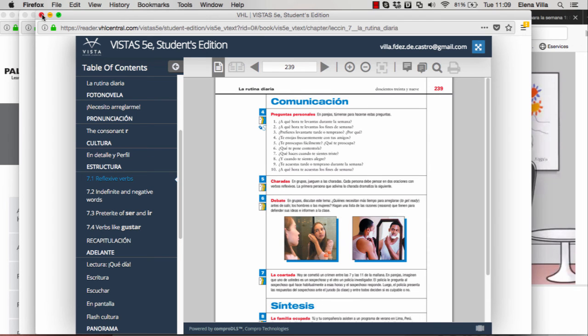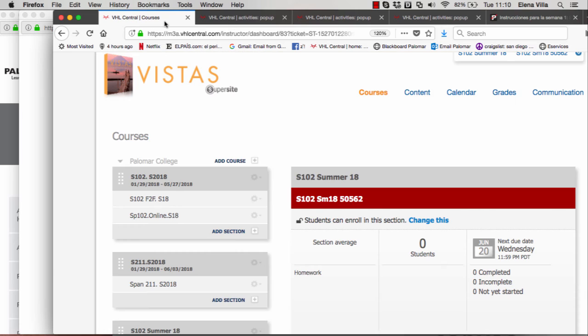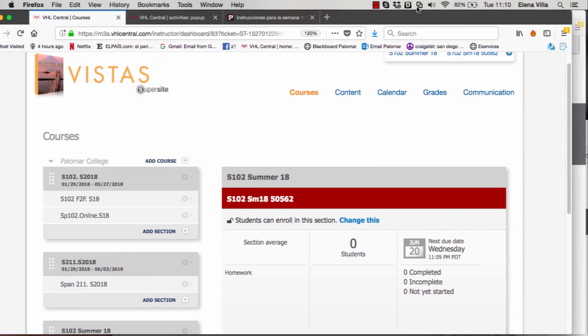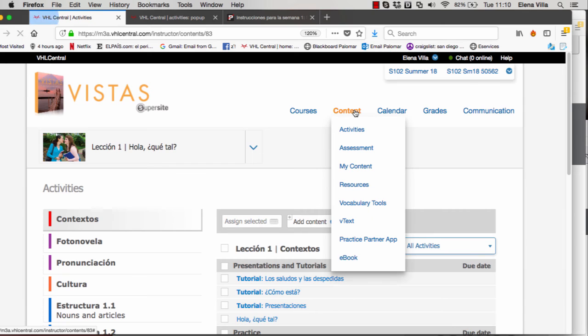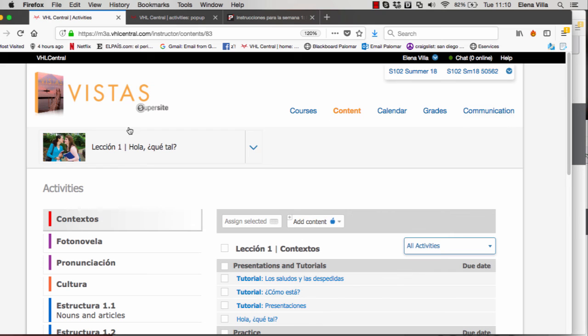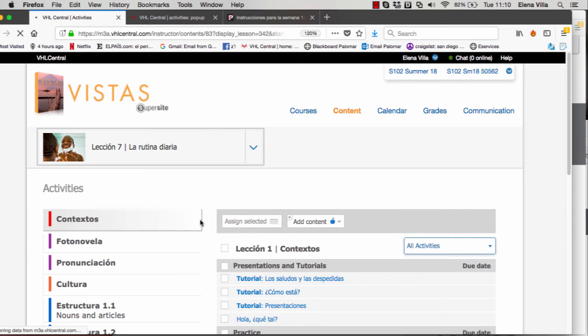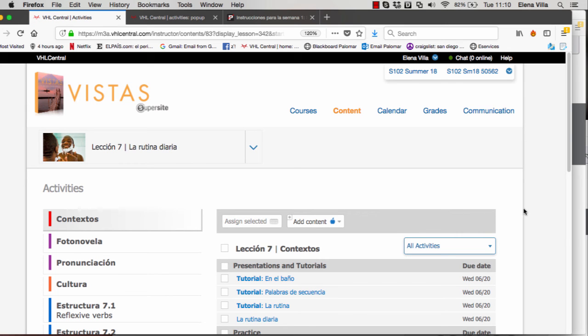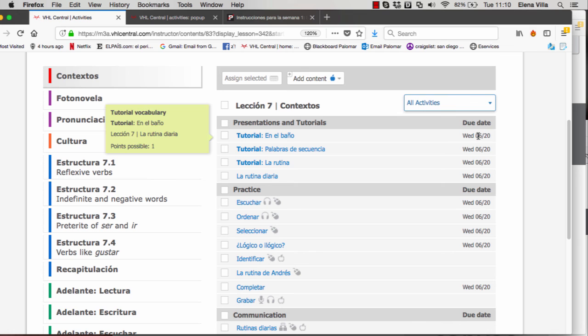So I'm gonna close the vText now, and we're gonna go back to where we were in the Vistas page. In content, you're gonna see activities. Activities are the activities you have assigned for the supersite. So if you go to chapter 7, that's the first lesson you're gonna be having due dates on, and you see first due date is June